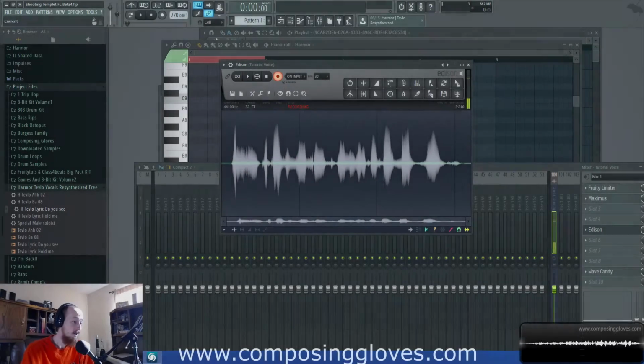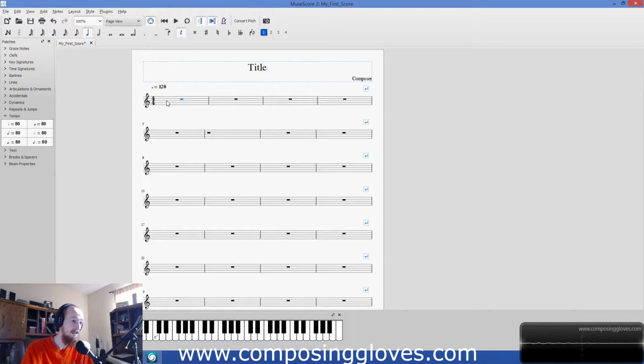Hey, Composing Gloves here, and today we're going to talk about note lengths. So, we've talked about the beat a little bit, we've talked about measure, we've talked about how we assigned a certain number of beats to a measure. Now, there are notes that are associated with these beat values. We're going to look specifically at the note lengths and their associated values, because it will change the way we